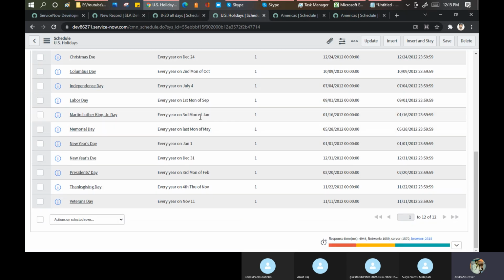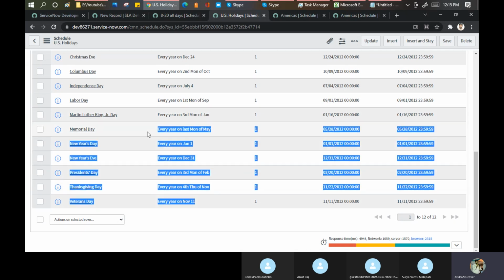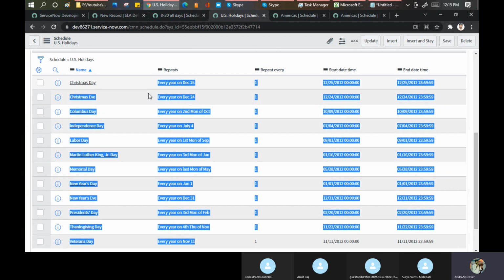Every year the first Monday of September, every year the third Monday of January. So it means if any customer is raising an incident on these dates, my SLA will not work, because my SLA says Monday to Friday 8 to 5, but excluding holidays, and these are the holidays which I am putting here.